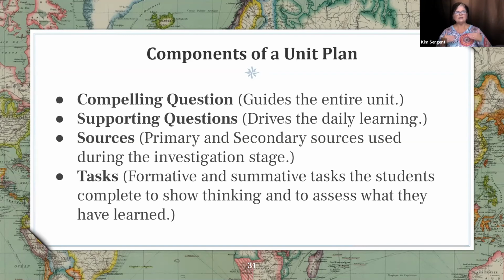But when we think about the sources, not resources, that we give our kids, we're going to give them eyewitness accounts, and we do have ways to modify those. And then of course we have secondary, and secondary is anything produced that they have to use an eyewitness account to create. Like for instance, if it's a newspaper article and the journalist interviewed numerous people that were at the event, but the journalist was not there, that is obviously a secondary source, because they were not there, but they interviewed people that were. If it's a journalist that was there and writes everything down and goes back and writes an article about it, then that is a primary. But if it's a journalist who interviews and creates, then we're talking secondary.